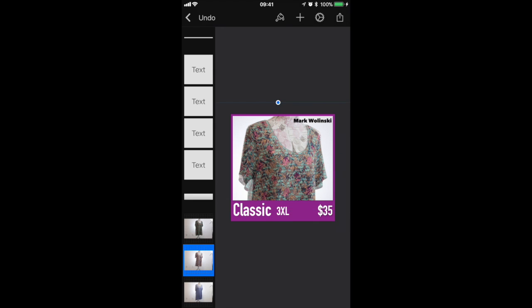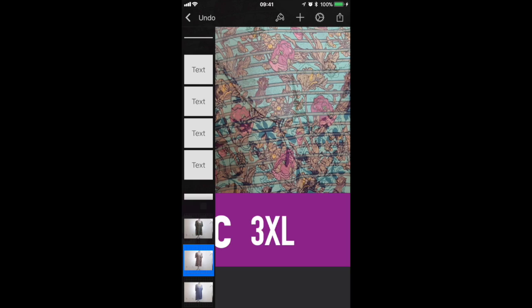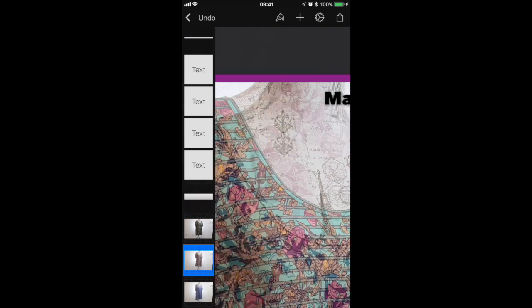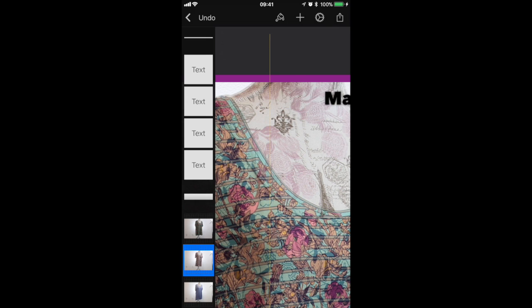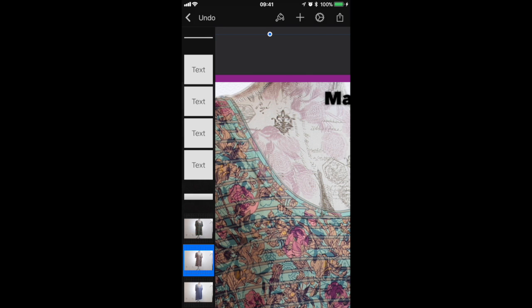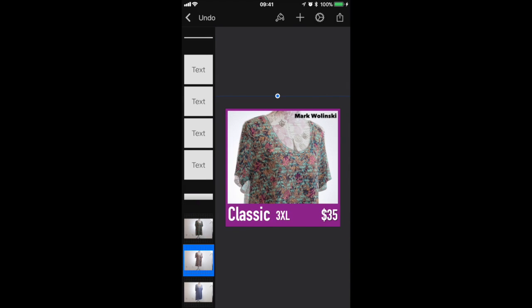There we go. One of the benefits that I have is that the mannequin that we use has a pattern on it. So if I zoom in on the photo here, I'll show you what I'm talking about. So when I move the original photo, this symbol helps me line up the photos to each other. All right. Now, once I have that in place and I have about the right size, and I basically look at the